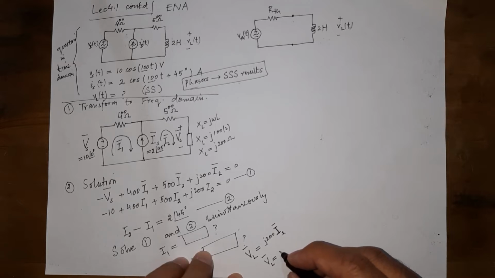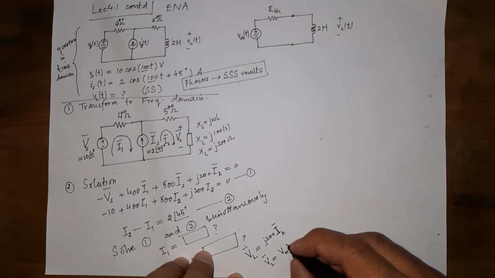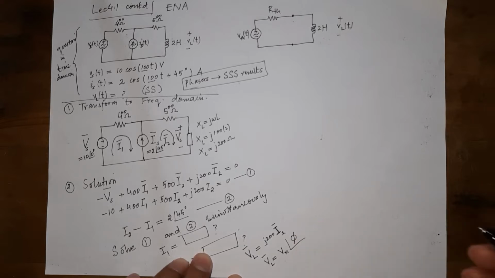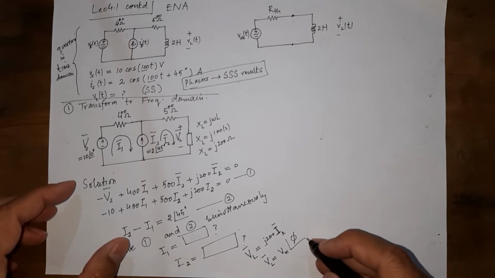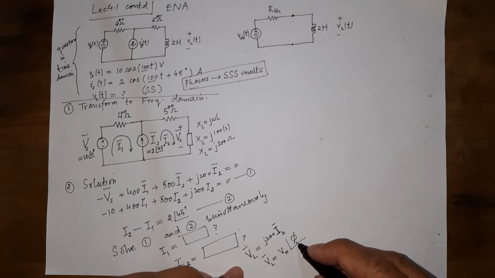So suppose we have something found here for the phasor VL. Let us assume it is some value capital V m, and with an angle say phi. This is a complex number in polar form. So the solution part will give you the ultimate result in phasor form.